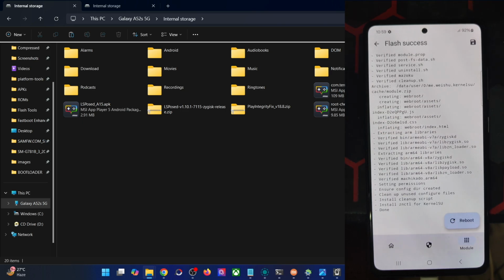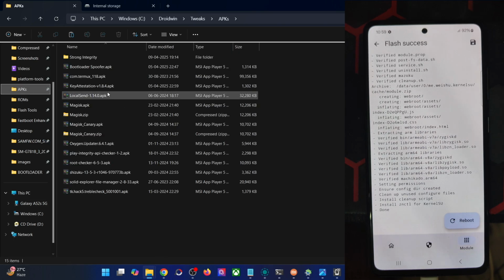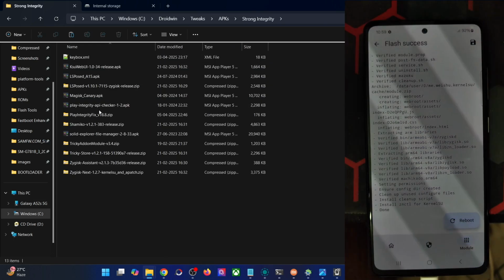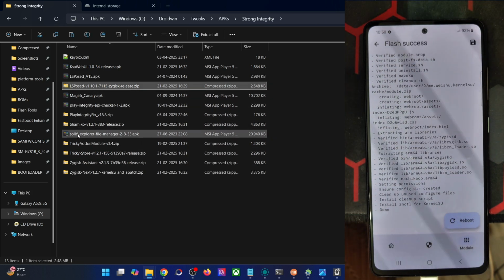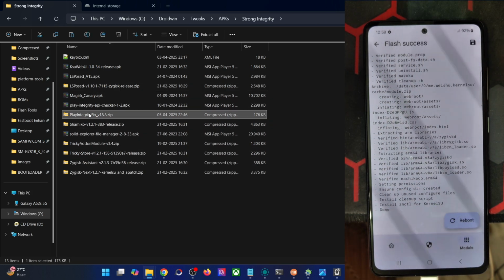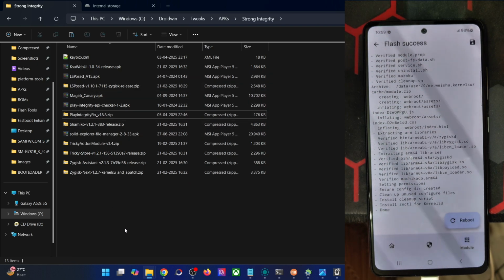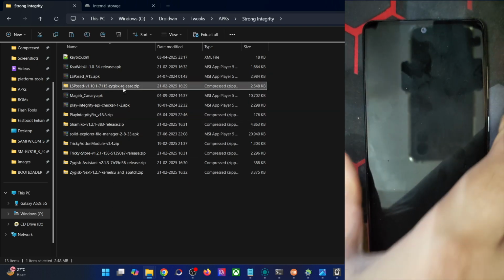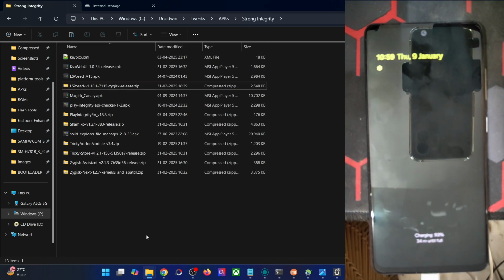So now that we have got the Zygisk Next module, you can flash modules such as the LSPosed framework and PlayIntegrityFix, all of which require Zygisk. And now that we have Zygisk installed, you will flash each of these modules as well. Let's say we want to flash the PlayIntegrityFix module onto our phone.